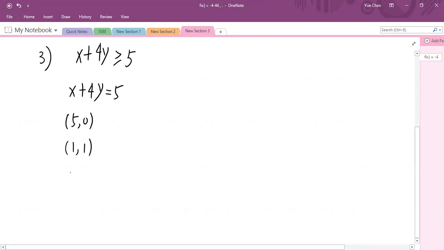Okay. Of course, you can choose the x-intercept and y-intercept, but sometimes you have some fractions, right? But this point is easy to locate on your graph. So this one is 5, 0, 1, 2, 3, 4, 5. 5, 0 is here. The 1, 1 point is here. Okay, so this graph is a solid line,